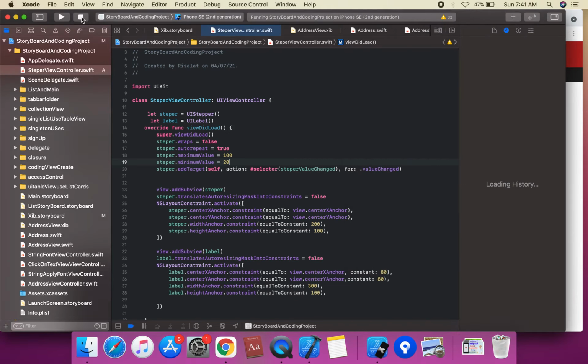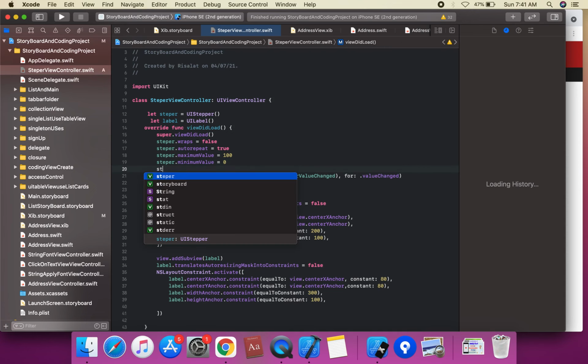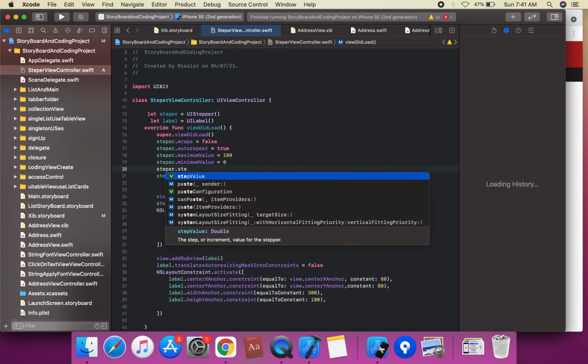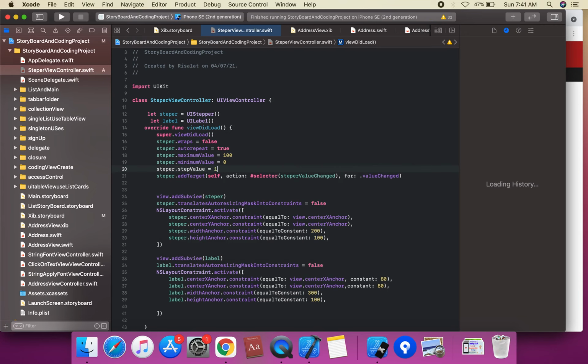We can also set the increment on a larger number. Suppose the minimum value is 0, and we set stepper.stepValue equal to, say, 10. So with the step value you can make the value increment by a certain step.